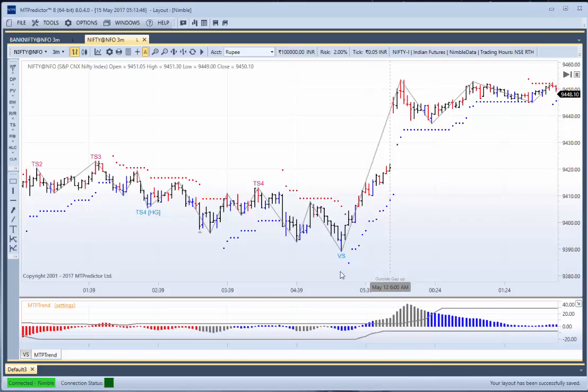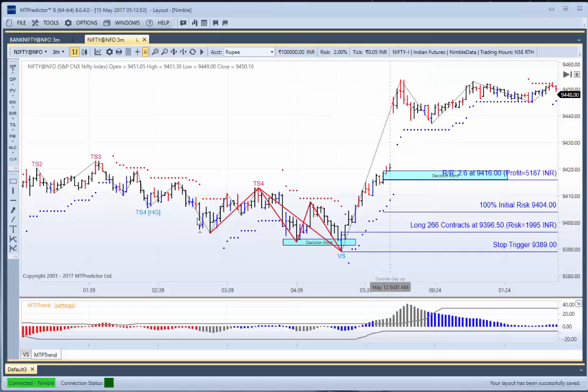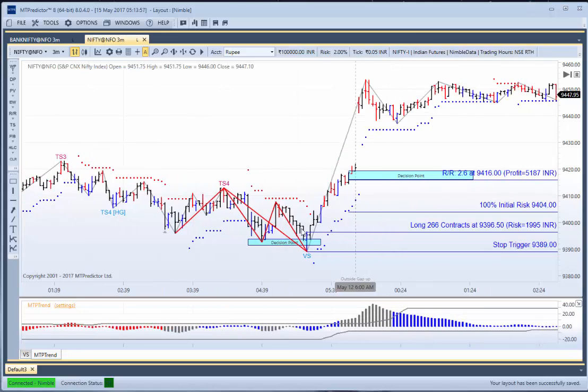If I clear off here, you can see the MTP trend had gone blue. Therefore, this VS or volume spike setup was a good one to take. So you'd have been coming out of a short trade and then looking to go for another long trade, and that had a nice run up into just before the close for plus 2.6R. So let's just add that all up. Let's do it this way: 6.7 plus 2.6, and then we must remember the minus 1R loss earlier on, and that would have been plus 8.3R overall.